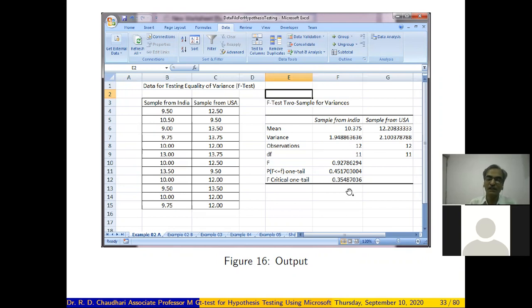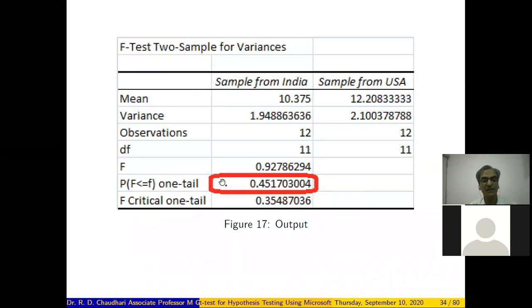So basically, for taking the decision about acceptance and rejection of the hypothesis, we have to focus on the p-value, that is the significance value. Here the significance value is 0.45170 for the F test.